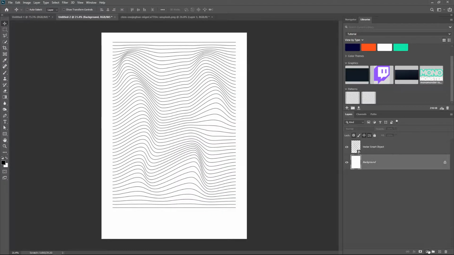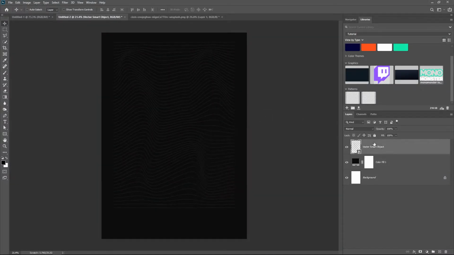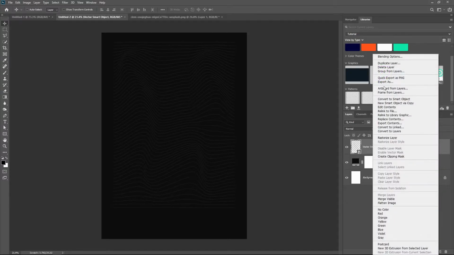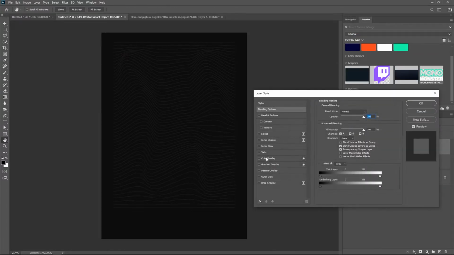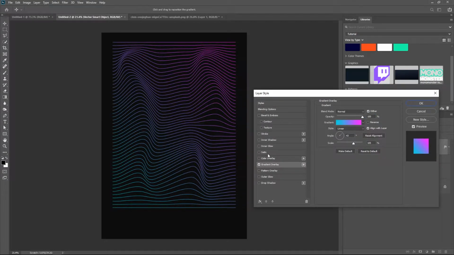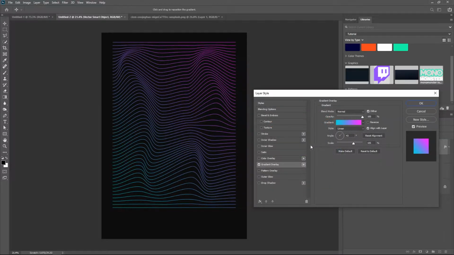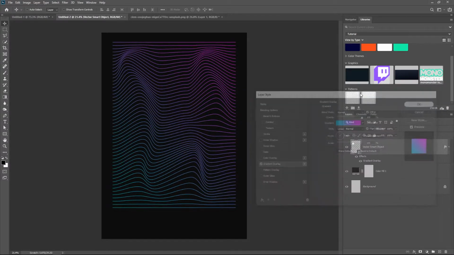And we're going to add a nice dark background as well. Do a nice solid color, black. And we're going to really punch the effect with our lines by adding a nice gradient fill to them. So let's right click on the smart object, go to blending options, and I'm going to add gradient overlay. And Photoshop has a nice gradient already pre-built in, so if you just click the gradients and go to purples, it's this one here if you want to go for the nice sort of synthwave effect, which is what we're after here. So we're going to select that one, click OK,